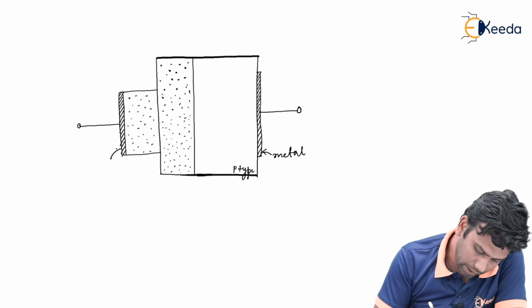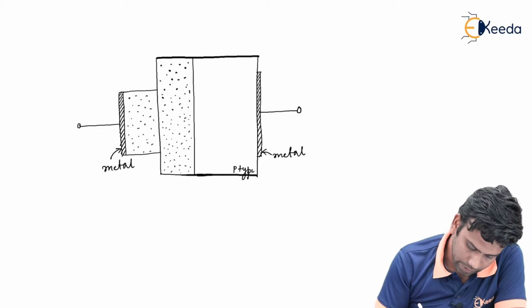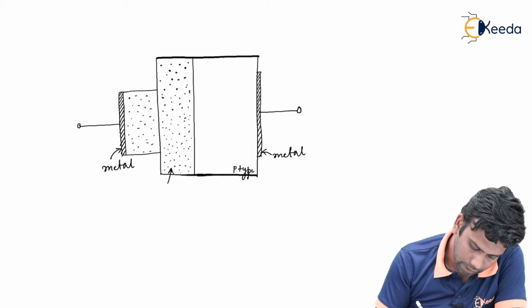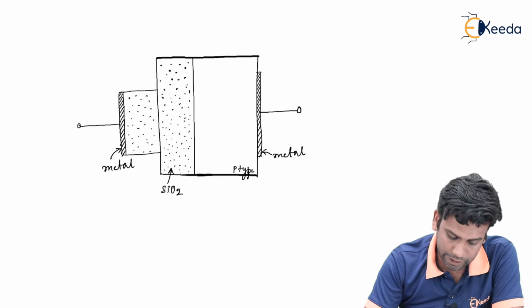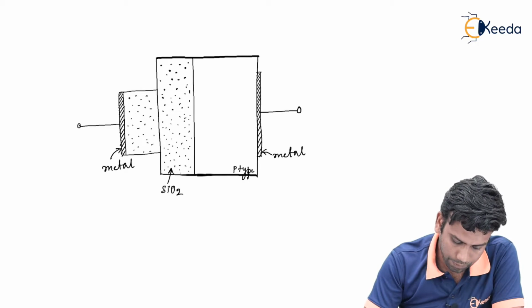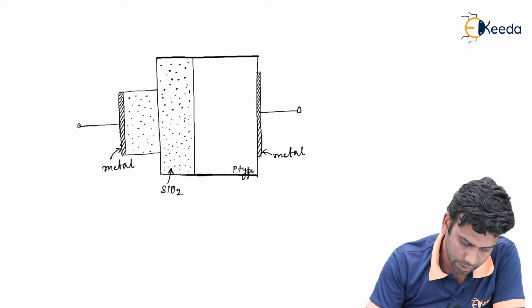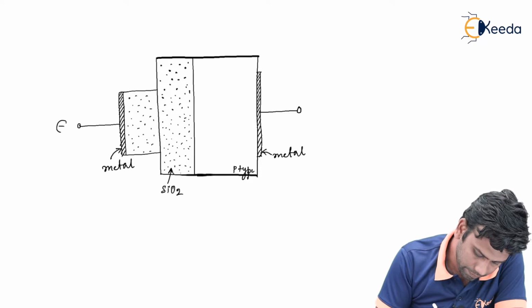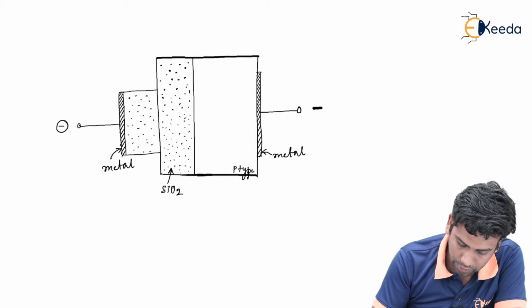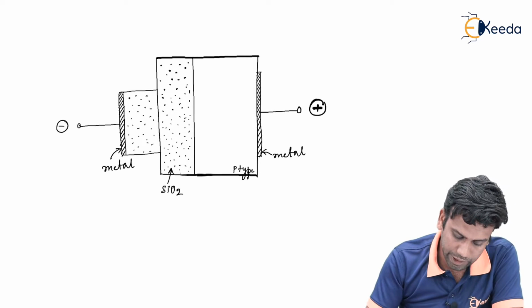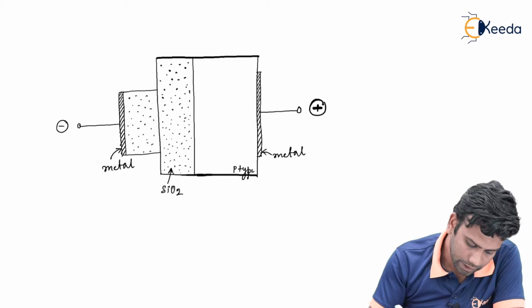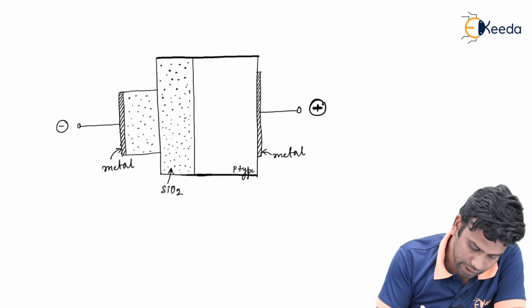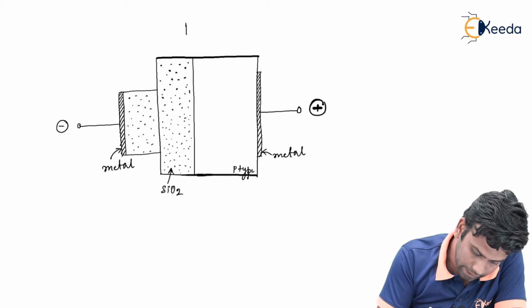So this will also be the metal, and in between these the dotted region is the silicon dioxide which will serve as the dielectric of the capacitor. Now let us connect a negative potential to this terminal and a positive potential to the metal terminal. That means let us connect a potential in this fashion that